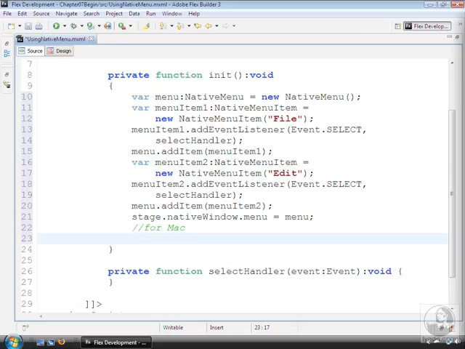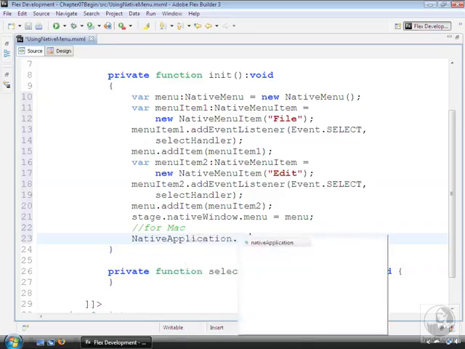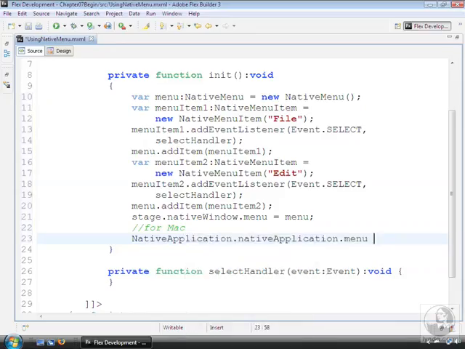For Mac OS X, you use a bit of code that looks like this: NativeApplication.nativeApplication.menu equals menu. When you call this code on the Mac, it replaces the standard File Edit menu that displays on all Mac native applications. It's also possible to add menu choices to a Mac menu if you want, and I'll talk about that a little bit more in the next video. Now again, I'm running on Windows here, so I'm going to comment that code out, and I'm only going to use the Windows version,